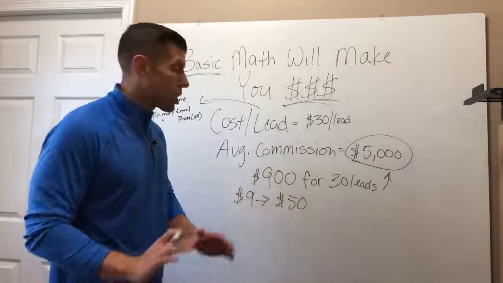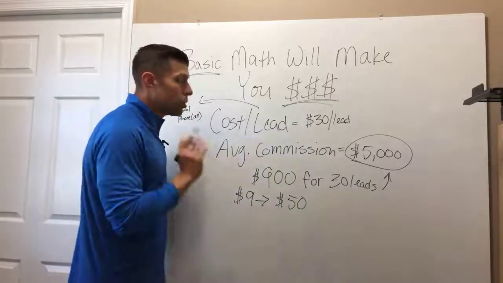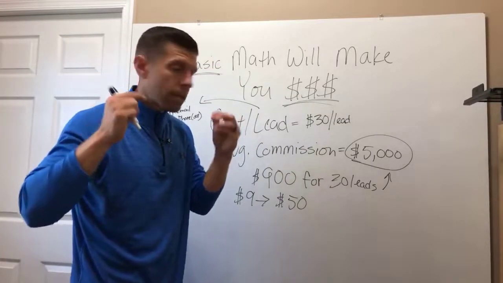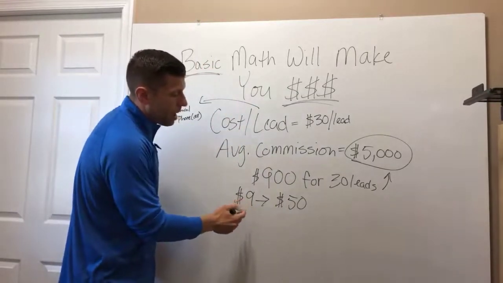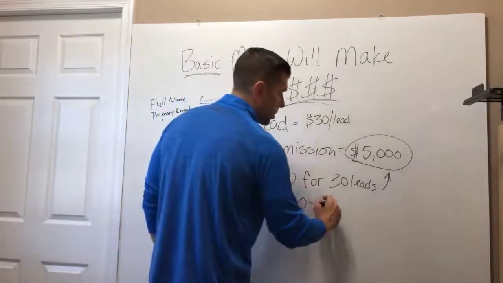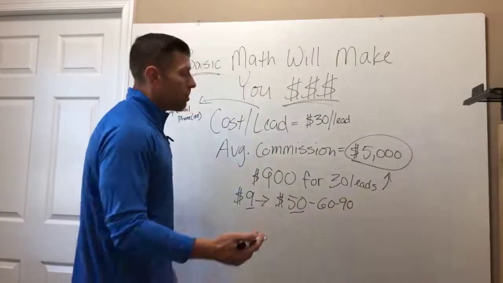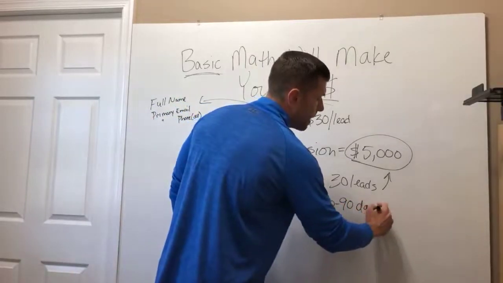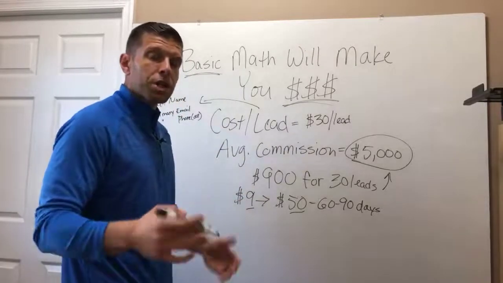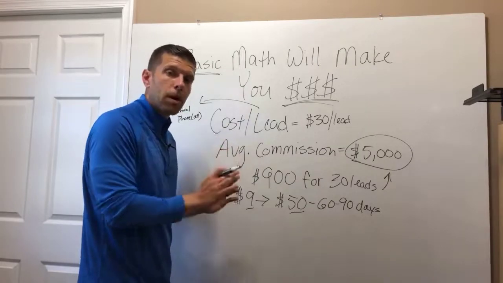Again, these numbers are incredibly conservative. And yet, when you think about this, if you put your investor hat on and think about the idea of taking $9 and turning it into $50 and doing that every 60 to 90 days, right? Because we know that it's a longer sales cycle. But if we can do that every 60 to 90 days, how many times do you want to exchange that $9 for $50, right? It just becomes simple math. And when you understand this, it is extremely powerful for you and your business.